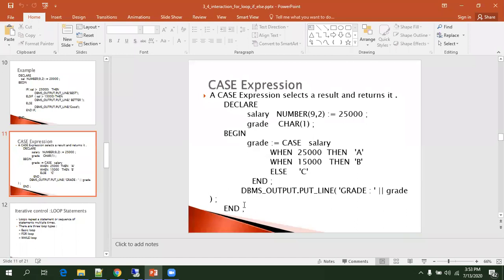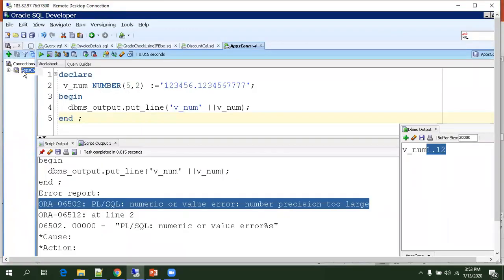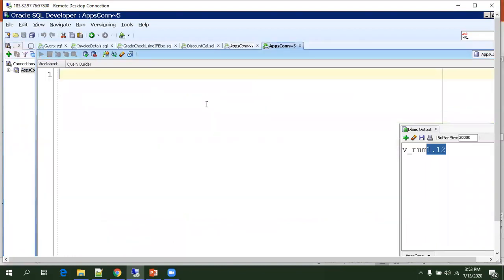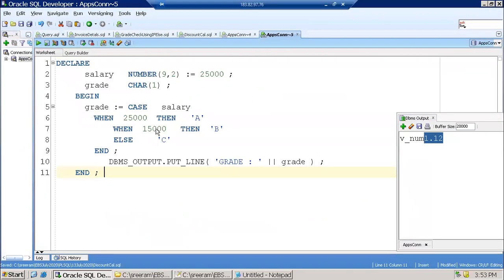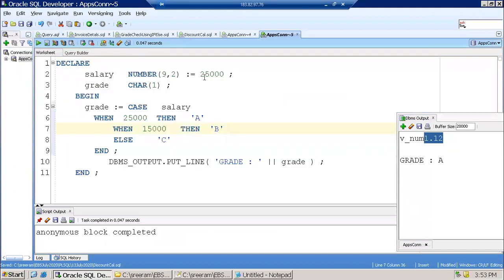I can just copy the same example. Now what it is doing, it says grade is A because the salary was 25,000, so it is exactly matching 25,000.